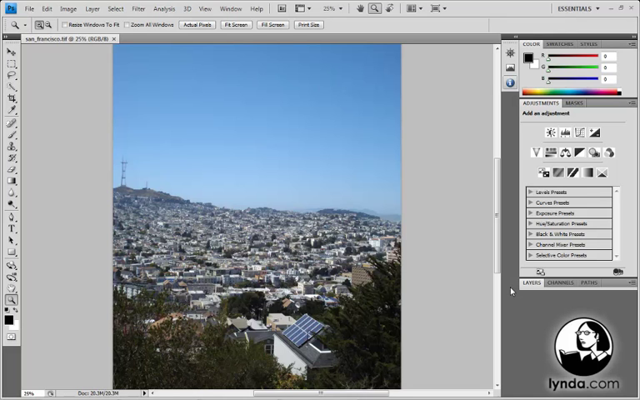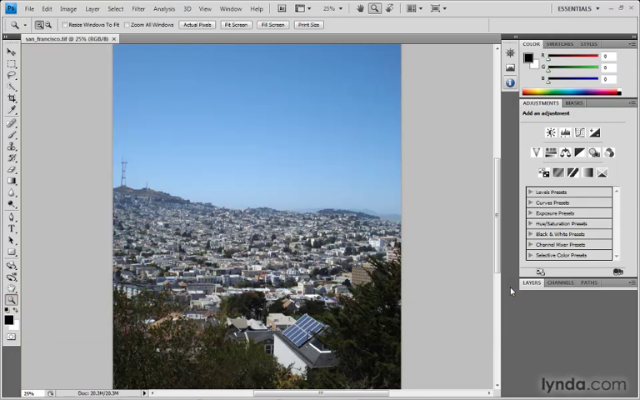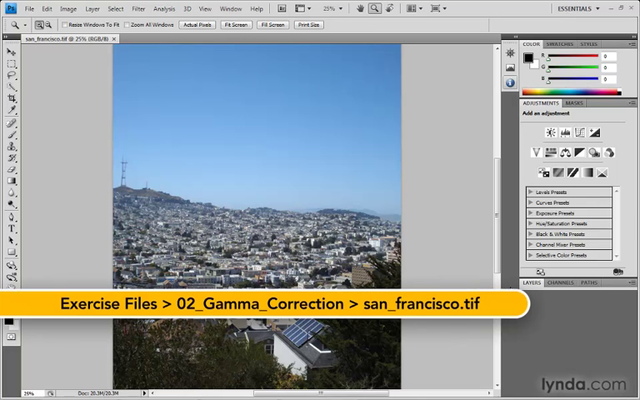In this chapter, we're going to look at gamma correction. So you will be able to understand what gamma correction is, because it's very important. If you don't use gamma correction in 3ds Max, then what's going to happen is your renderings are going to look really washed out. So what I've done here is I've opened up this photograph that I've taken of San